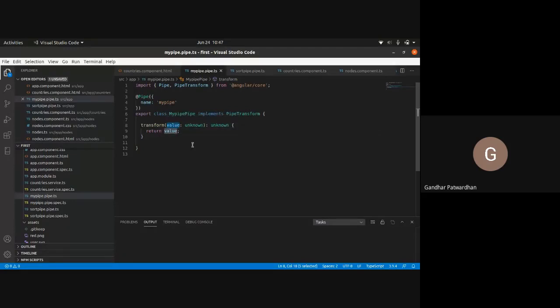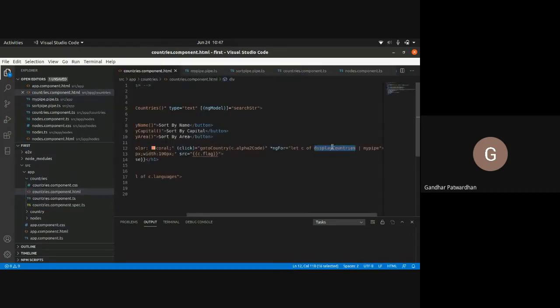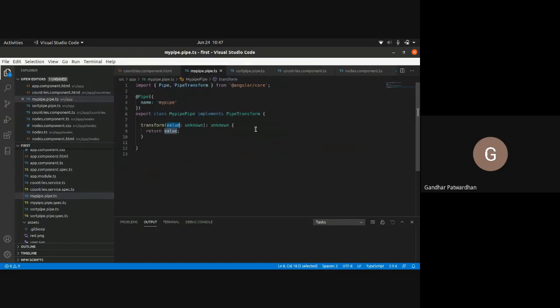Whatever manipulations we do to this value would be visible in, or appended to, the display countries.